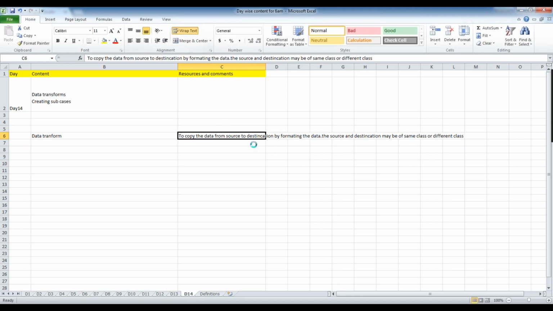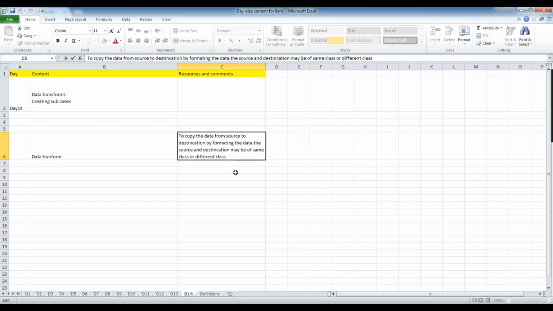The source and the destination may be of different classes, so you can copy the data from one class to another class. There is no need to be the same class. You can copy the data from properties of different classes to properties of different classes using the data transform.